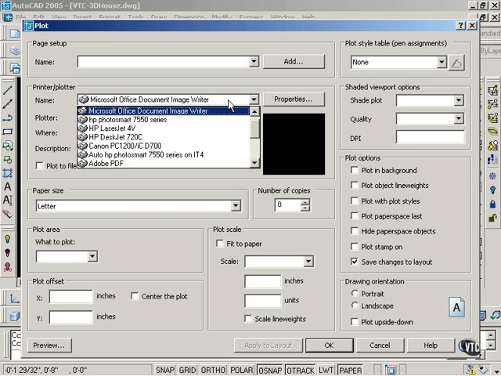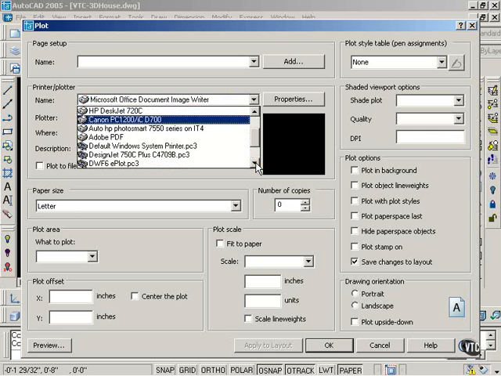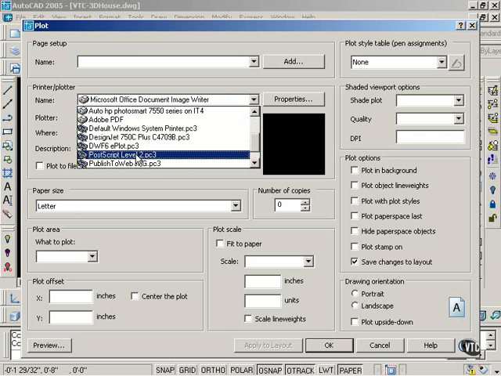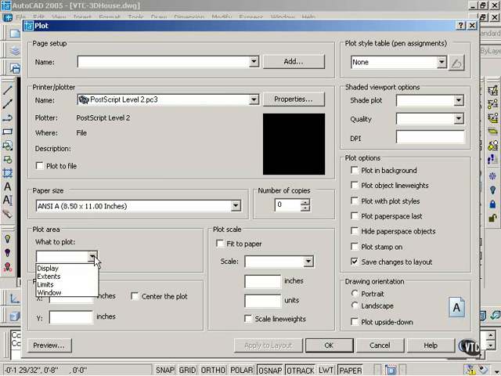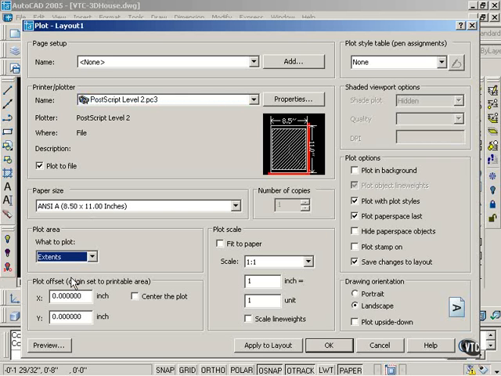I can send this to one of the many printers that I have, but I've decided I'm going to use the PostScript Level 2. I'll put this as an EPS file so that I can use it in Illustrator or Photoshop. I'm going to use the ANSI A size, 8.5 by 11. I know that my image is smaller than that. I'm going to plot the extents,